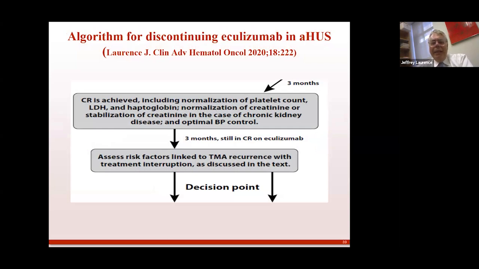Well, first of all, is the patient adherent? There are multiple studies, one from Johns Hopkins, one from France, showing that if you have a patient who's non-compliant, because we're going to send these people home with urine dipsticks to monitor their urine a couple of times a week and then less frequently for protein and hemoglobin. If they can't do it, and you can't start the drug within 48 hours, then you don't want to stop.